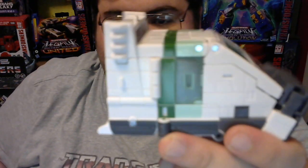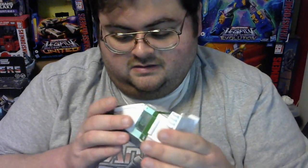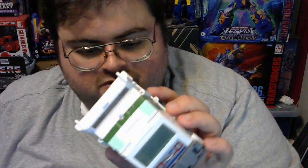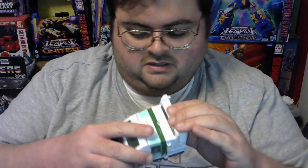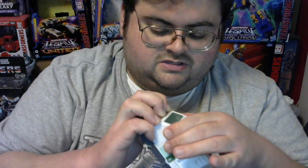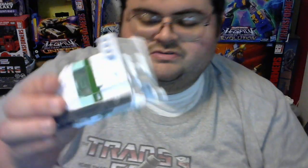They even got the side windows here. They are clear plastic. I wish they would have just done silver plastic. But yeah, it's a pretty interesting vehicle mode. It is very bulky. It is larger than Origin Bumblebee and Origin Jazz. But one thing to note about Origin Wheeljack, at some panels they might not line up properly, but if you go in and try to either squeeze them together or try and clip them sturdier,